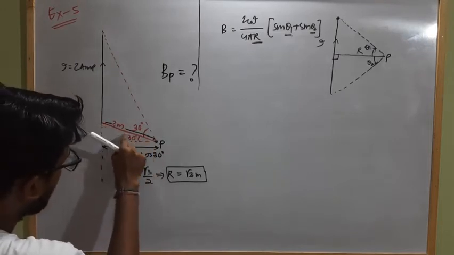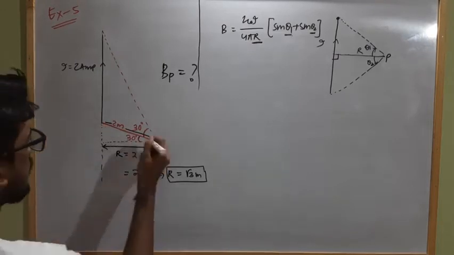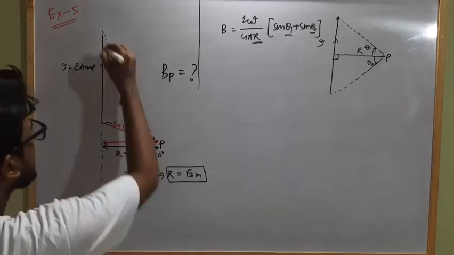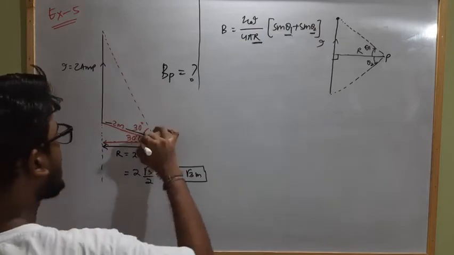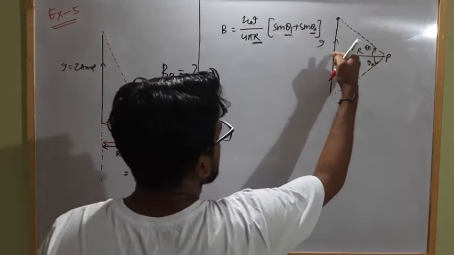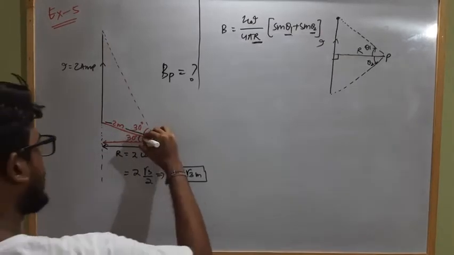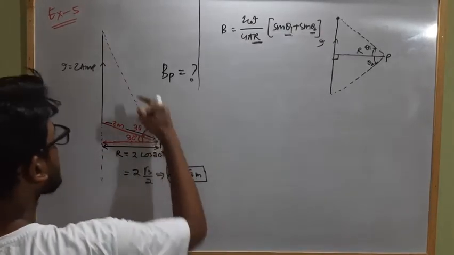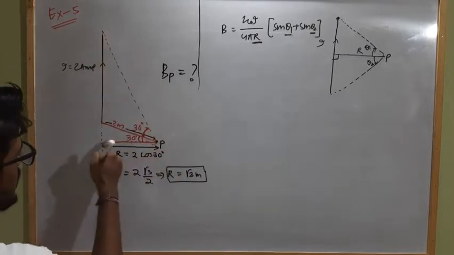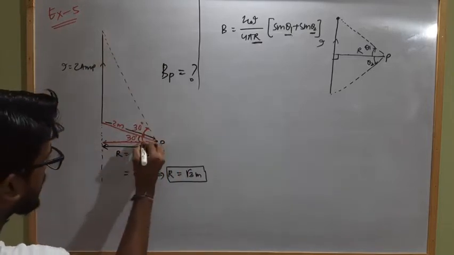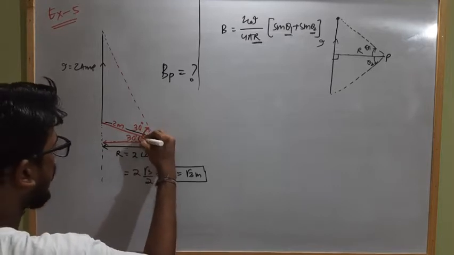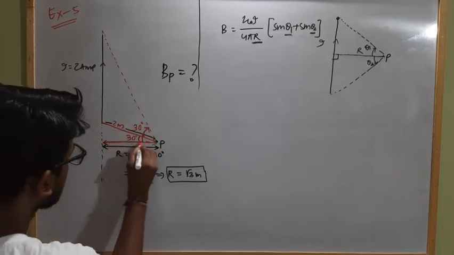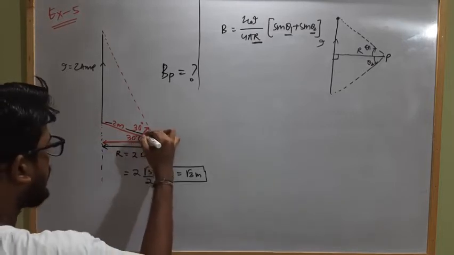Similarly, this end makes an angle 30 with respect to this line. This is not the perpendicular distance. The perpendicular distance is this one. So this end will now make an angle in clockwise sense with respect to the perpendicular distance, because theta1 is the angle measured with respect to the perpendicular distance in clockwise sense. So this is the clockwise sense, and this line is not the perpendicular distance. This line is the perpendicular distance.